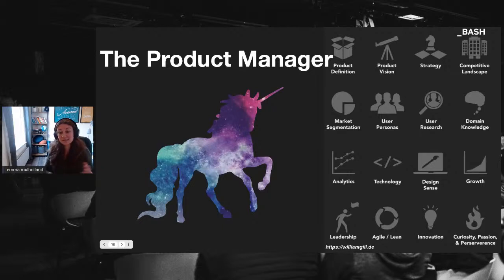So that does mean the product manager day to day is doing lots of different things. They have to think about everything from high level to low level, and they cover off a lot of activities. It is essentially a unicorn role. It's a generalist role. I kind of think the way that I think about it, potentially imposter syndrome, is that